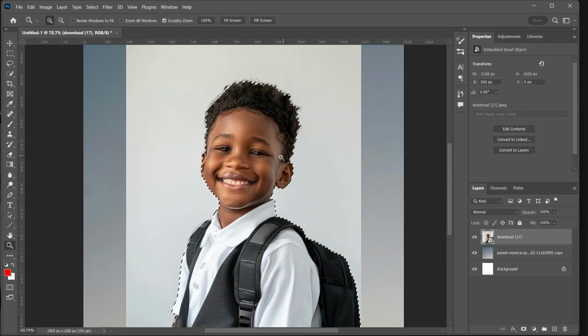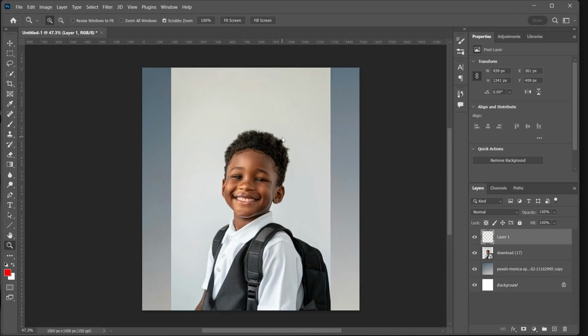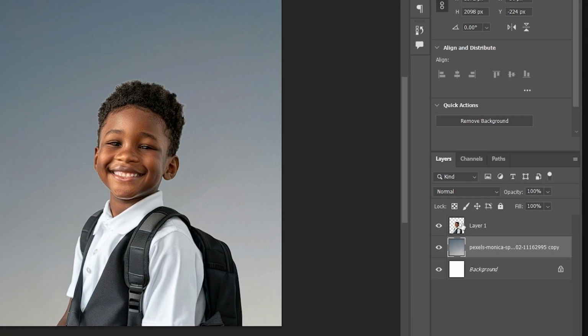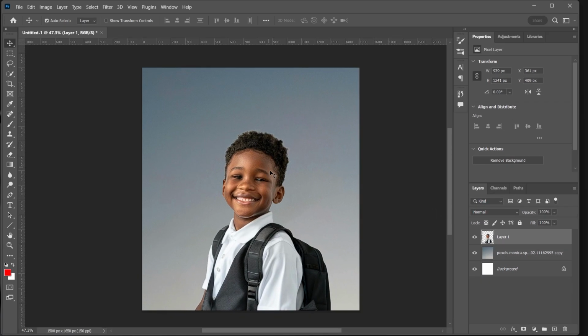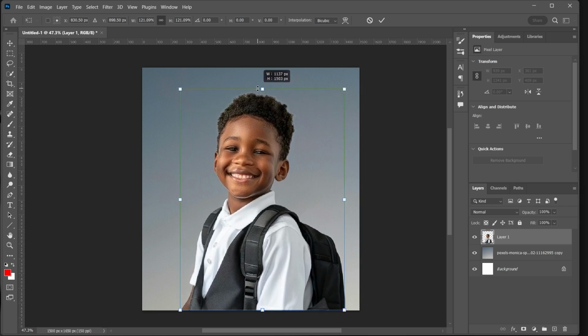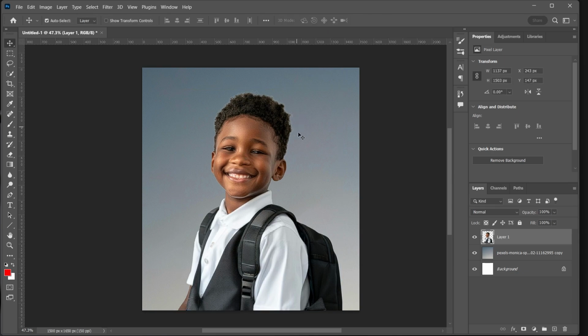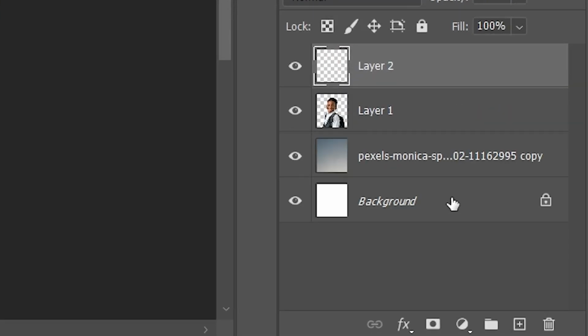Hit Ctrl J to duplicate the image from the background, and then let's delete the beneath image. Right now we are left with this, and then let's hit Ctrl T to scale the image upward a little to our preference. Okay, hit enter. Right now what we are going to do is create a new layer on top of the boy,